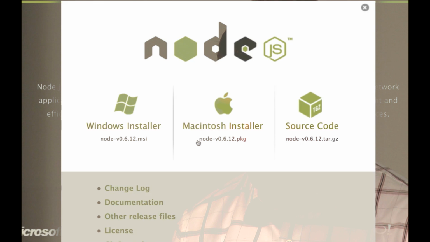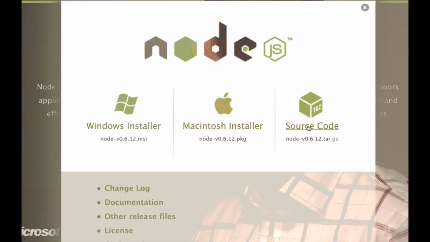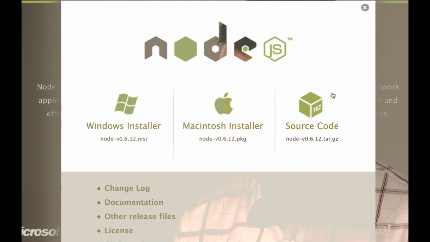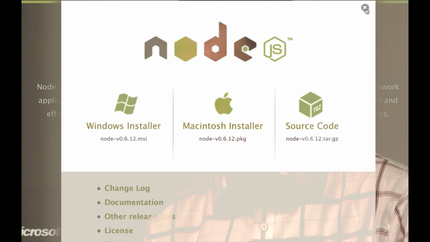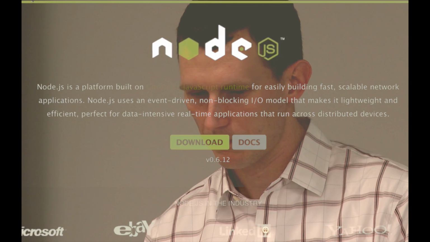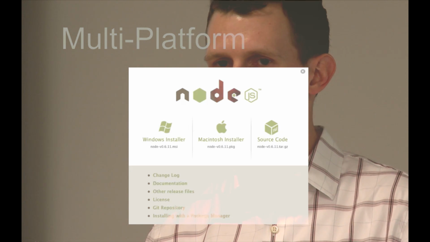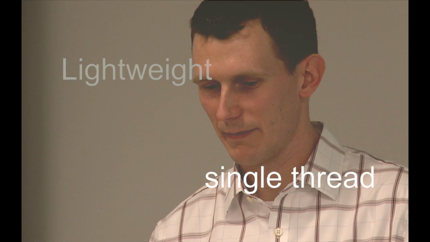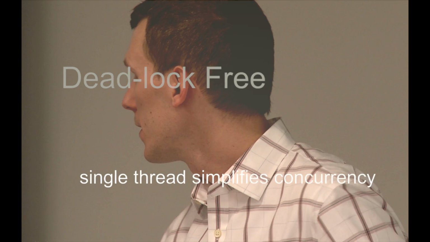and you actually click on download, it says there's a Windows installer, a Mac installer, and source code. So the one kind of interesting thing is that there's nothing here specifically that says Linux, although it probably works best on Linux. You just have to compile it. There are package managers that often have the source code, but compiling it is really not that difficult, so I just go that route if you want to try it out. It does require Python. Most Linux packages probably already have that installed. I said most. So it is pretty lightweight because there is only one thread,